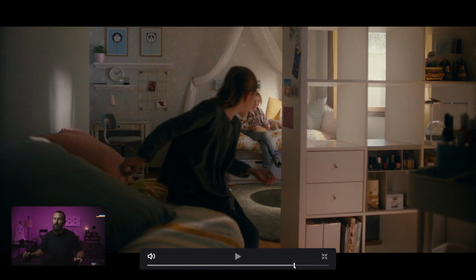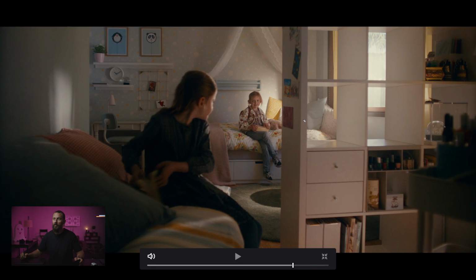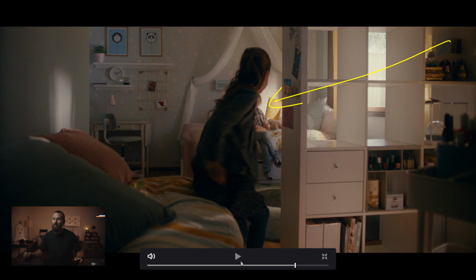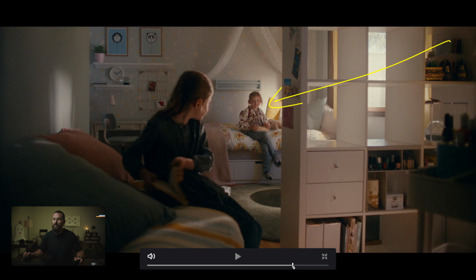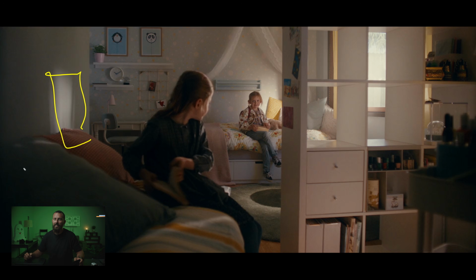Now we do see into this little corner of the room, right? First time we have seen over here the entire ad. Now we are lighting this way, all from outside. We've also got a new sunspot, which I think she's in at the start. Yeah, there she is. See how she's actually in it here? This little light that comes out of nowhere. And then we do have this little thing just to give you depth,